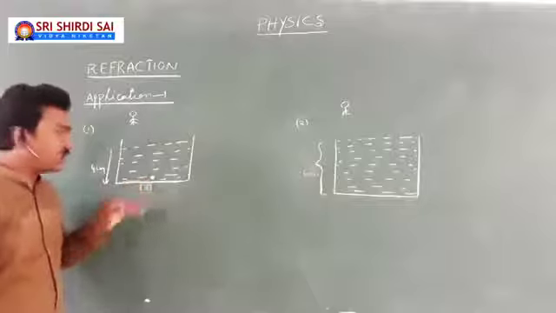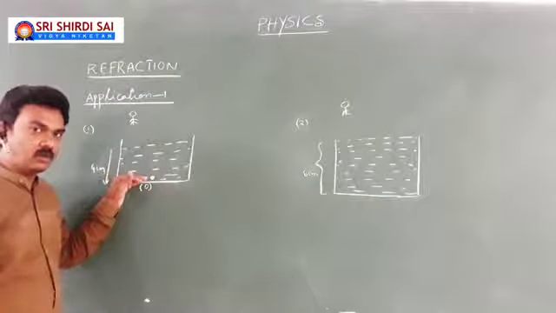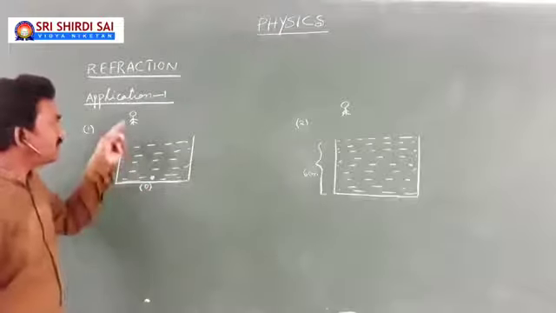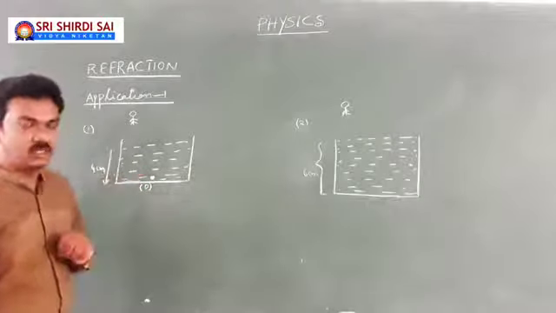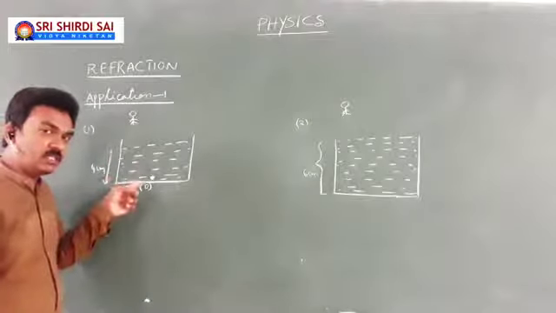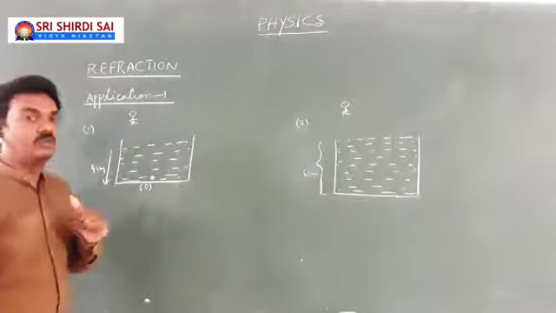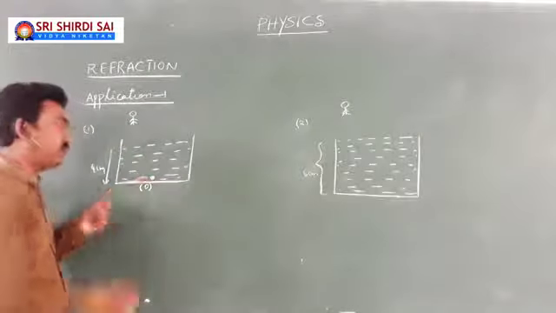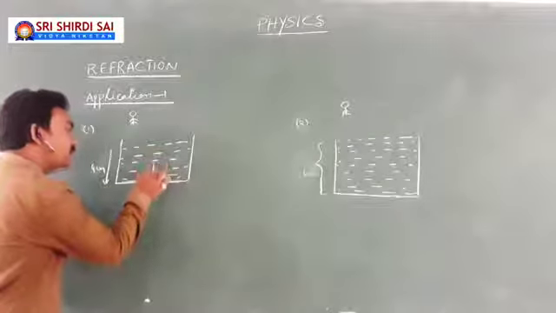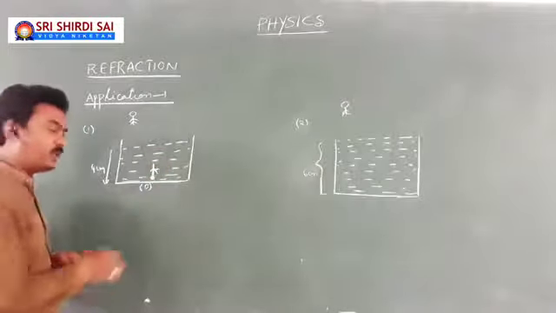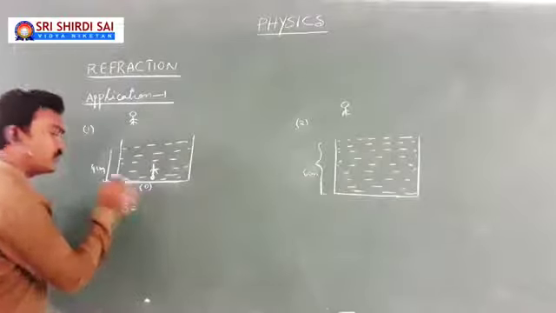So there is an object placed. Means an object is placed inside the beaker at a depth of 4 cm inside the water. Now here an observer is going to look at this object. Does the observer find the object at a depth of 4 centimeters? No. Because when the observer is going to look at the object in denser medium, there will be a shift in the position of the object towards the interface. How much shift? That's a formula.